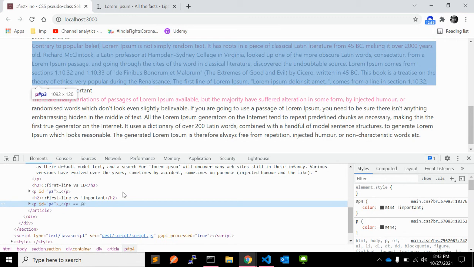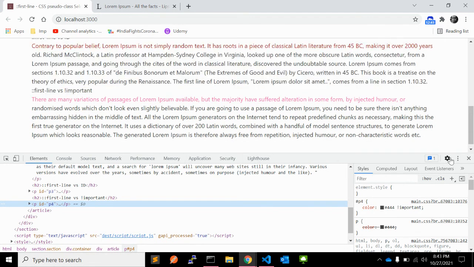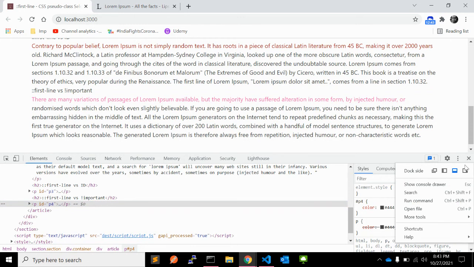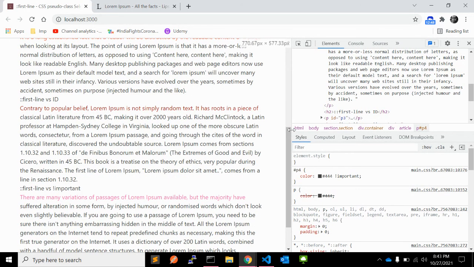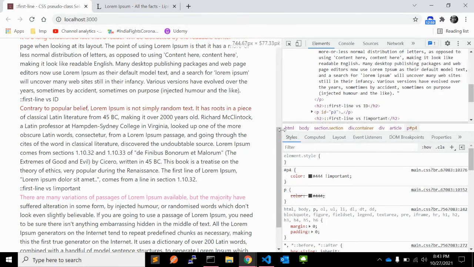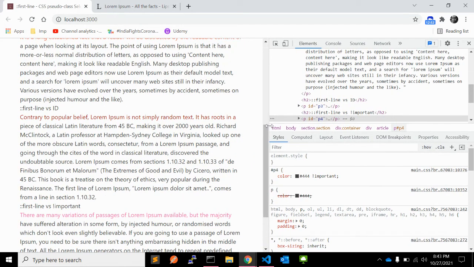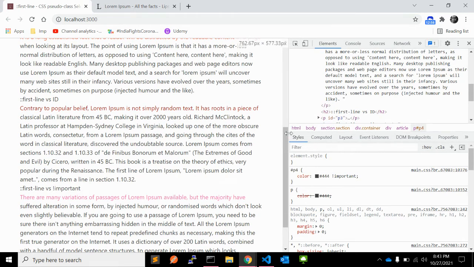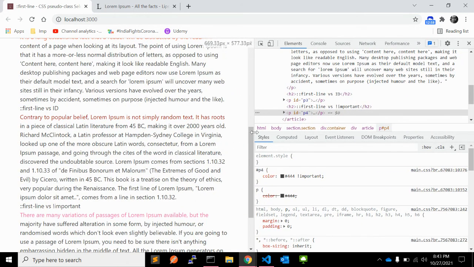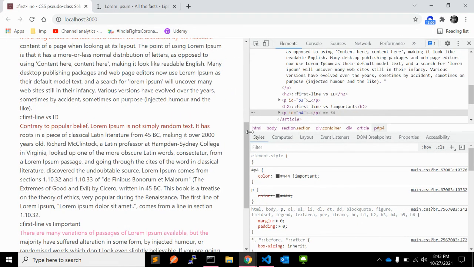Also, let's resize the browser. As I'm resizing my browser, you can see the first line is selected. The text is getting bigger and smaller as per the screen width, but it is only selecting the first line, no matter what text is there.